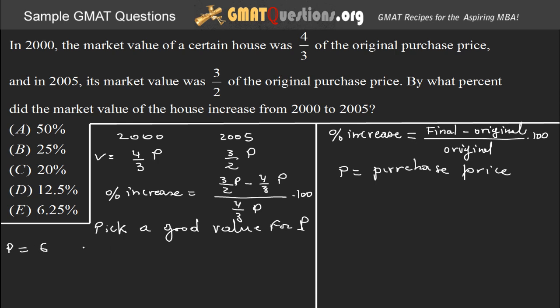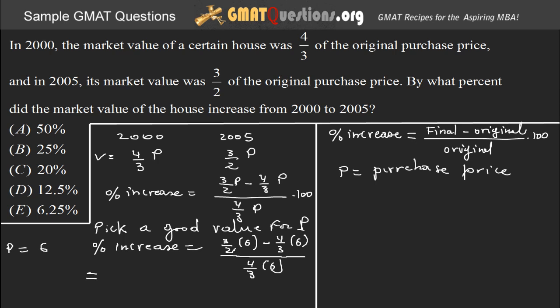And then this gives us that the percentage increase is going to be equal to 3/2 of 6 minus 4/3 of 6, divided by 4/3 of 6, times 100. For now, I'm going to leave the 100. At the end, I'll just put the 100. Okay? Great. So this percentage increase equals, let's just put it here, equals